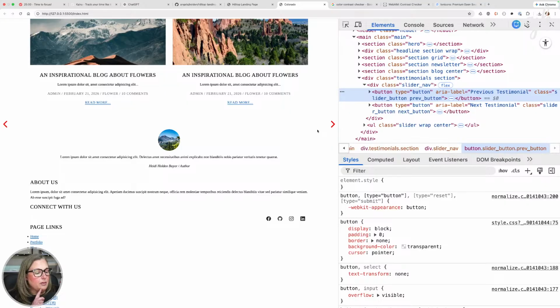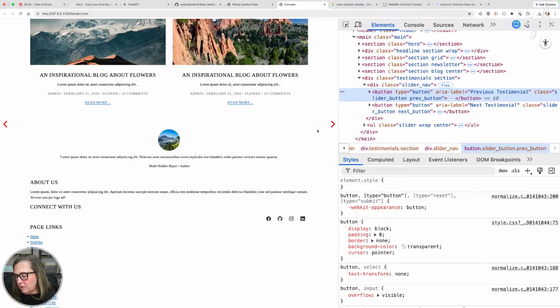So what's the math? If I want to get 48 in the middle of 100, it's not 50 or 50%. I have to think about this. So it would be 100 minus 48 divided by 2, which is 26.